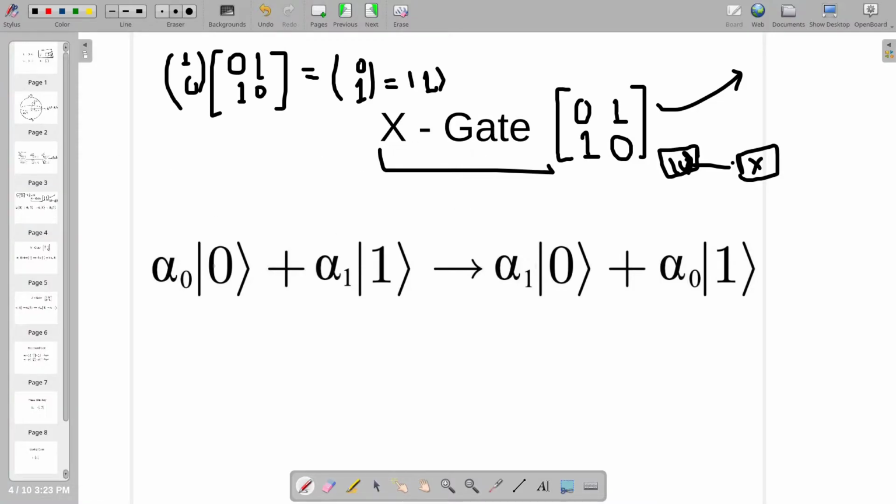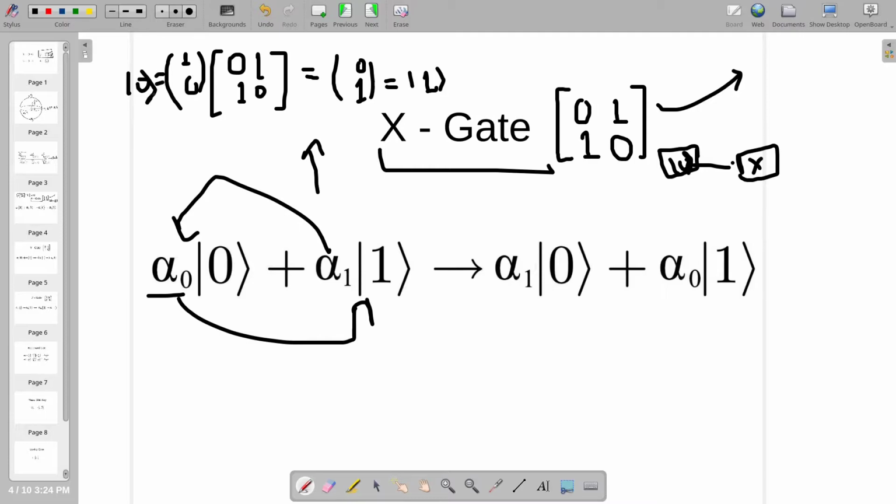What it does is swap these amplitudes. The square of this amplitude was associated with the probability of finding 0, and it now becomes the probability of finding 1. As you can see, alpha 0 goes here and alpha 1 goes here. This is exactly like this operation where we just change 0 to 1. We just basically swapped the given qubit. We will have a better intuition about what is actually happening to a qubit in the later part of the video, where I show you a visual representation of all these operations and their effect on the state of a qubit.